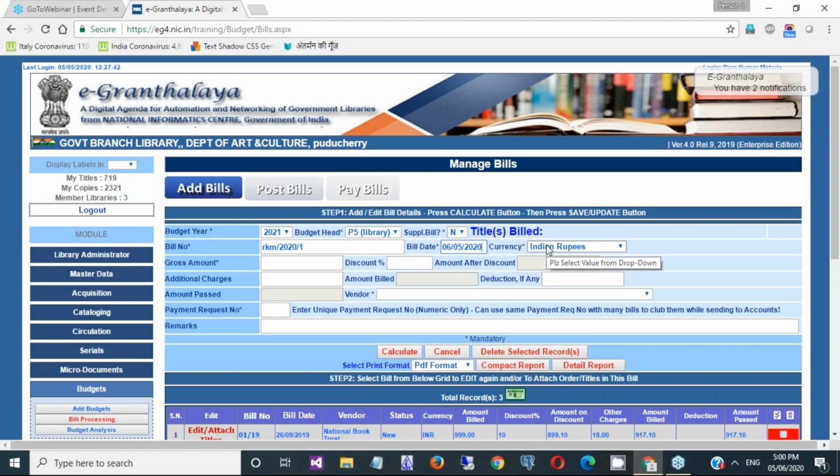In case you are going to make payment in dollars or foreign currency, then you need to have a separate bill. That is generally the practice in most libraries. Although the cost of the books covered in this bill may be in US dollars, UK pounds or Indian rupees, the totaling of the bill will always be in Indian rupees.